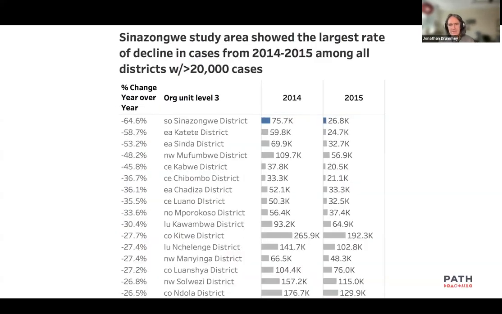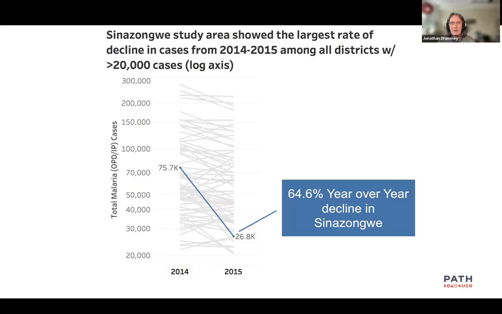Or here, this is laying out the data where we can have the numbers to compare back and forth. Here's that percentage change, and we've sorted it to put Sinazongwe at the top. Or here's another visualization with a title. We've put things on a log axis. So when we're using a log axis, the slope of the line is now the rate of change, and we can see Sinazongwe has pretty much the steepest change of anything. And then I've highlighted and labeled that. And these three charts took me about 20 odd minutes to put together as variations on that original presentation that make this statement much more understandable.